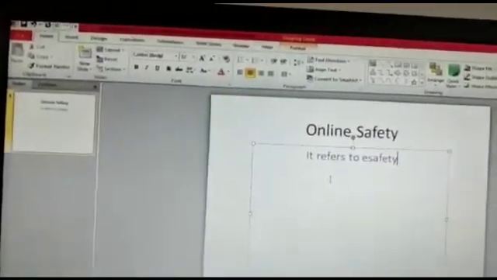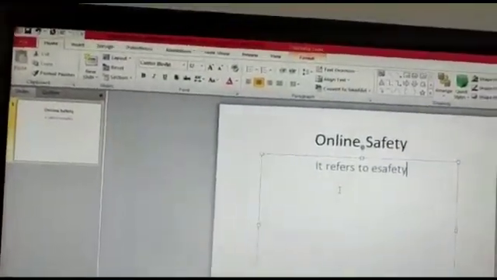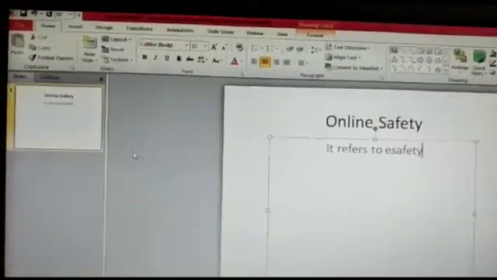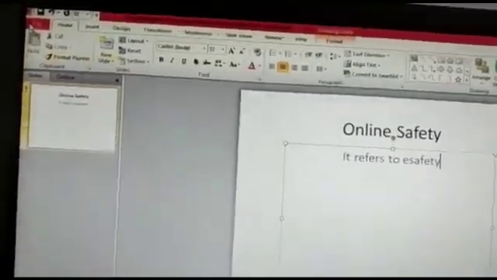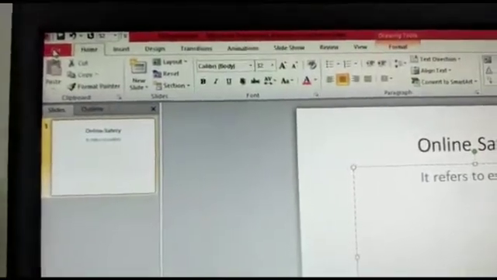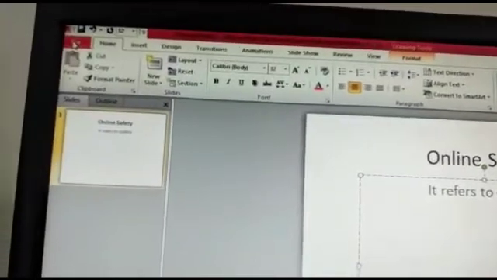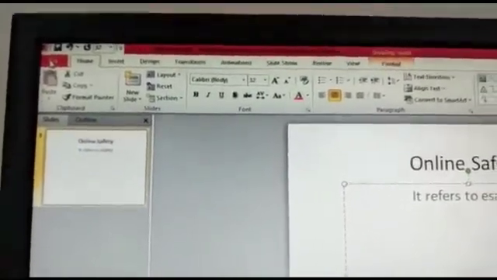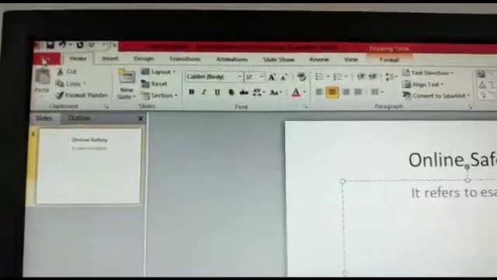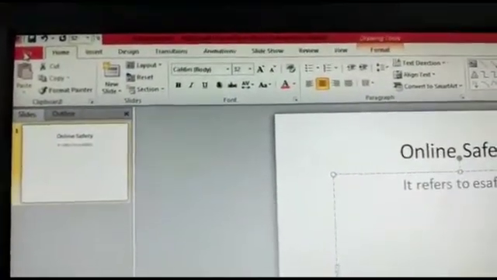So now what will be the next? We can add themes and templates to our Microsoft Office. How? You go on the File tab. See here how to apply the theme. Now first of all, what is the theme? We must use the theme for the entire presentation so that the slides have a consistent look and feel. We must apply the theme to our PowerPoint so that it will be consistent.